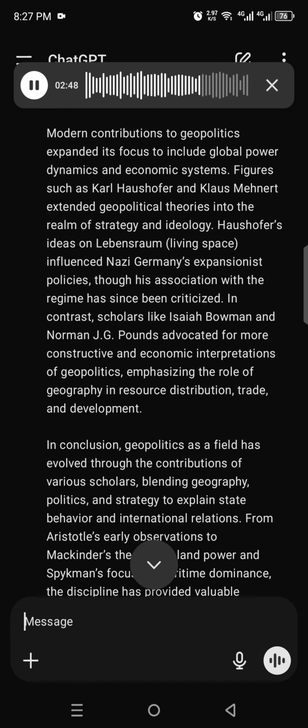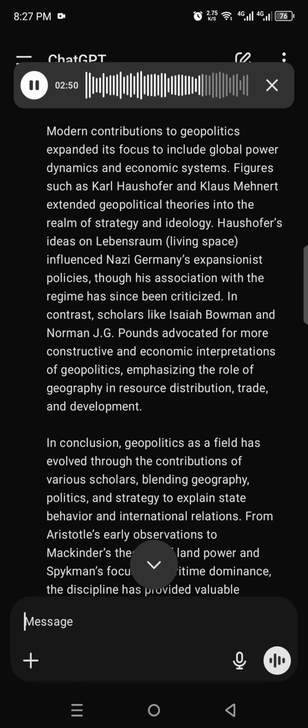Figures such as Karl Haushofer and Klaus Meinert extended geopolitical theories into the realm of strategy and ideology. Haushofer's ideas on Lebensraum, living space, influenced Nazi Germany's expansionist policies, though his association with the regime has since been criticized. In contrast, scholars like Isaiah Bowman and Norman J. G. Pounds advocated for more constructive and economic interpretations of geopolitics, emphasizing the role of geography in resource distribution, trade,